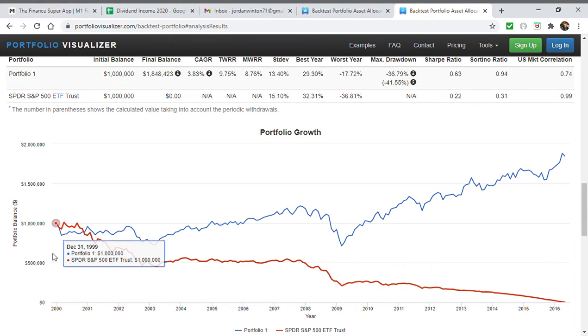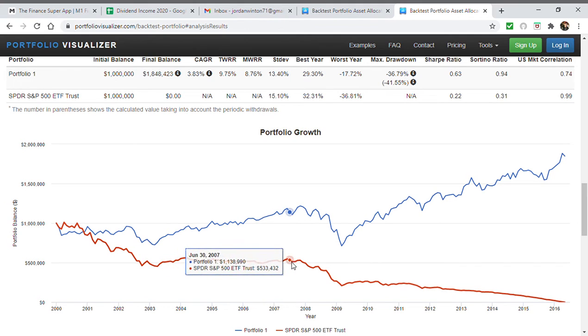If you started with 2000 during the dot-com bubble, your portfolio would have went down and down and down for the next 2 or 3 years like the S&P 500 did, and by the time it started to recover, you only have about 500,000. So it's staying steady at this 500,000 mark, and then the financial crisis of 2008 happened. Look at this downturn. It would have took you all the way down to 208,000. And by the time you get down to 208,000, we're back in a roaring bull market.